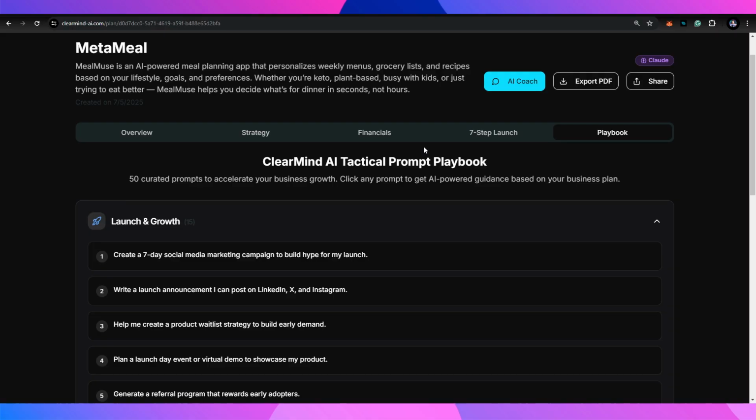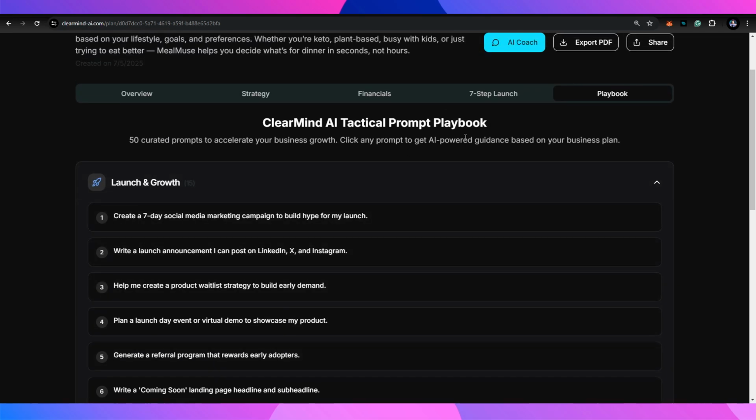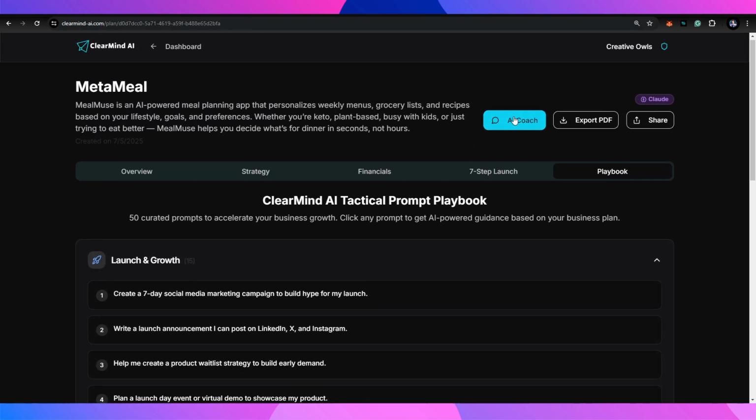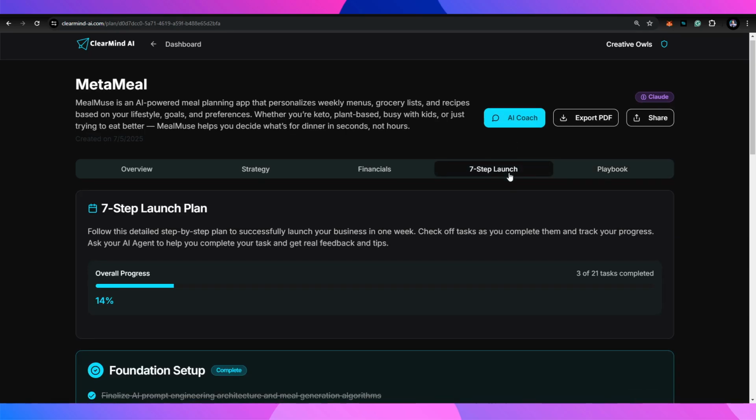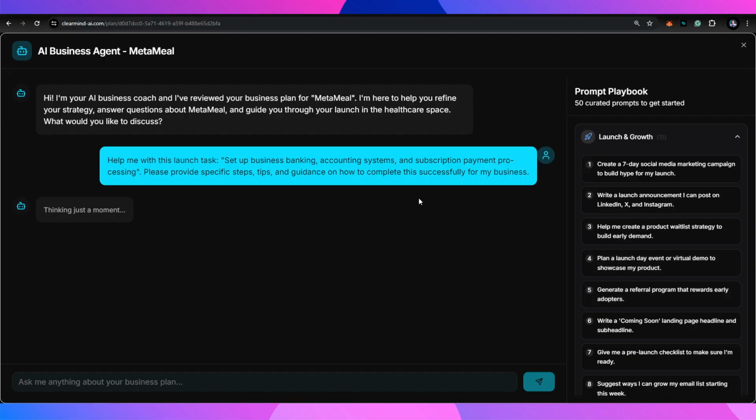How do we accelerate? We have pre-made prompts that you can just click on, and they'll automatically take you into your AI chat. Let's say I need to ask something around legal, like starting my business banking account. Well, how do I do that? I can literally go into my agent and open it up, and it's going to go on the back end, pull from my knowledge base, talk to AI, and start generating that output for me.